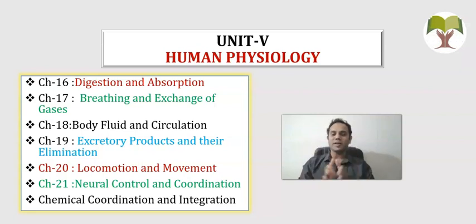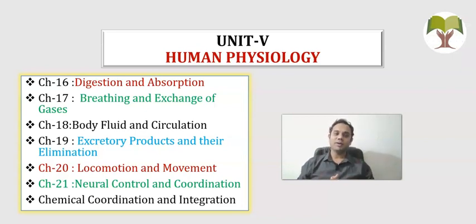How this respiration occurs, what are the different phenomena involved in respiration, what are the different organs, for example, what is pharynx, what is larynx, what is trachea, what is lungs, what are the different lobes, and even the cells, what is alveoli. All these will be studied in chapter number 17, which primarily deals with the process of respiration, that is how we breathe.